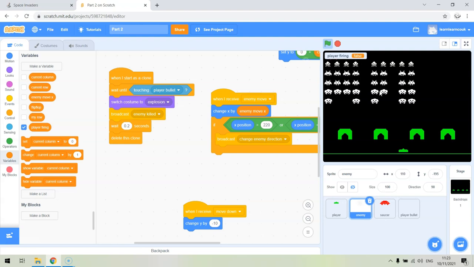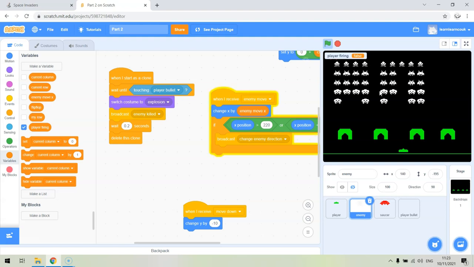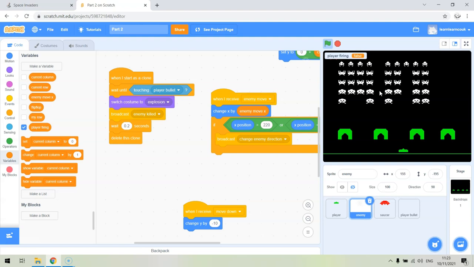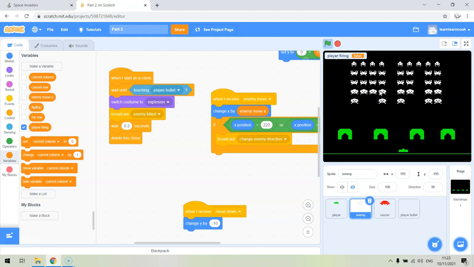The player is shooting at the enemy, and the enemy is animating. Now what we want to do is move on to the bit where the enemy starts to shoot at the player. But we'll pause the tutorial there for part 2, and we'll look at the enemy shooting in part 3. Okay,